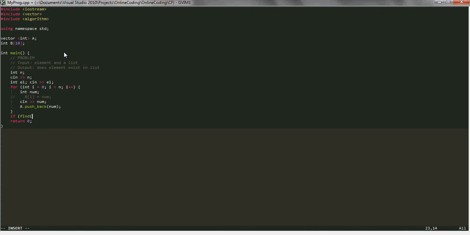So all I have to do is say if find a dot begin, a dot end, and the element I'm looking for is not equal to a dot end. Basically, I'm looking for this element in the range demarcated by these, just like in the sort function, you can think of them as pointers to the start and the end of the range. If when you search for that you did not receive a dot end, the end of the range, as the return value,